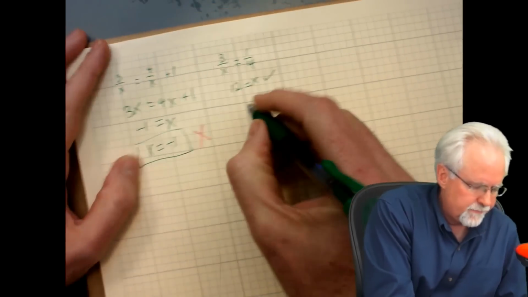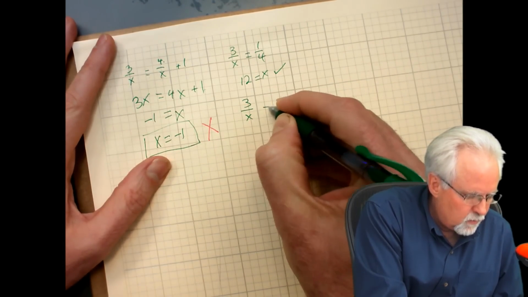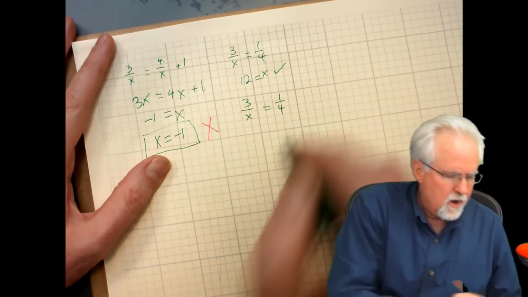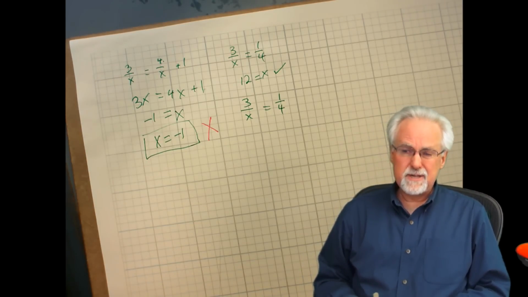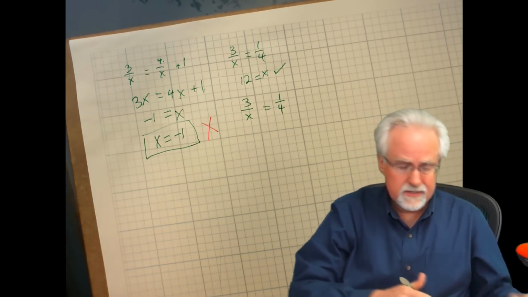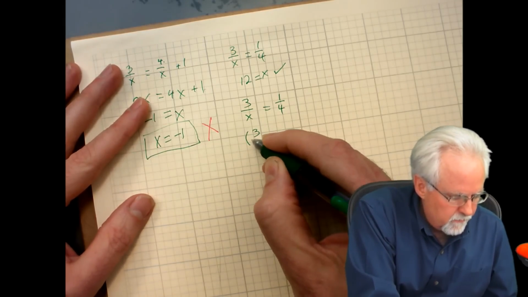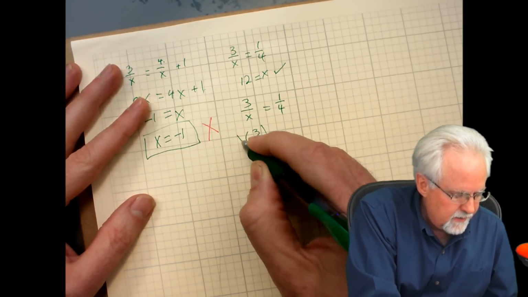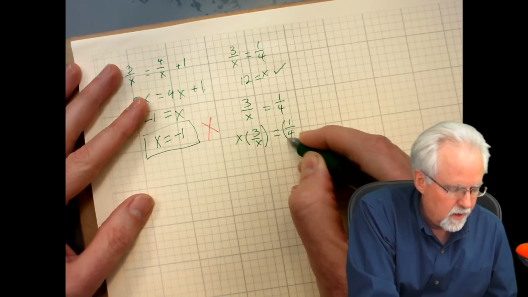So let's look at this. I have 3 over x equal 1 over 4. Well, why do I not like this? I don't like these denominators. I especially don't like that x in the denominator. So what could I do to both sides? What if I multiply both sides by x? I'm going to get that x out of the denominator. So I have 3 over x times x is equal to 1 over 4